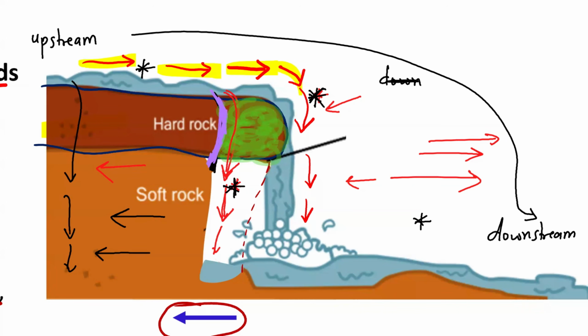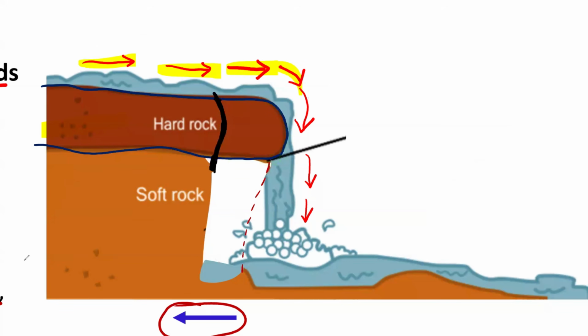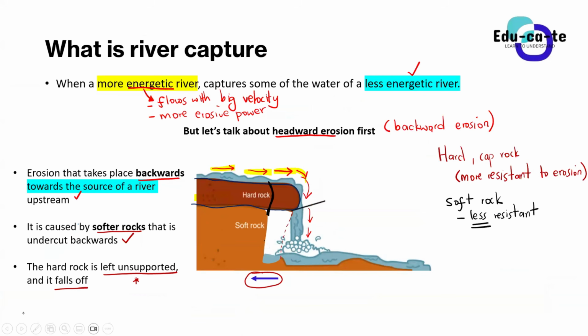Yes, guys. All right, awesome. So this is known as headward erosion, great job. I hope you have a better understanding now of what headward erosion is. We are also going to explain this later on when we deal with river grading, because you need to understand headward erosion, especially the waterfall. Please make sure that you always say that as headward erosion is occurring, the waterfall retreats backwards, or moves backwards, or moves upstream. You can use all of those terms.